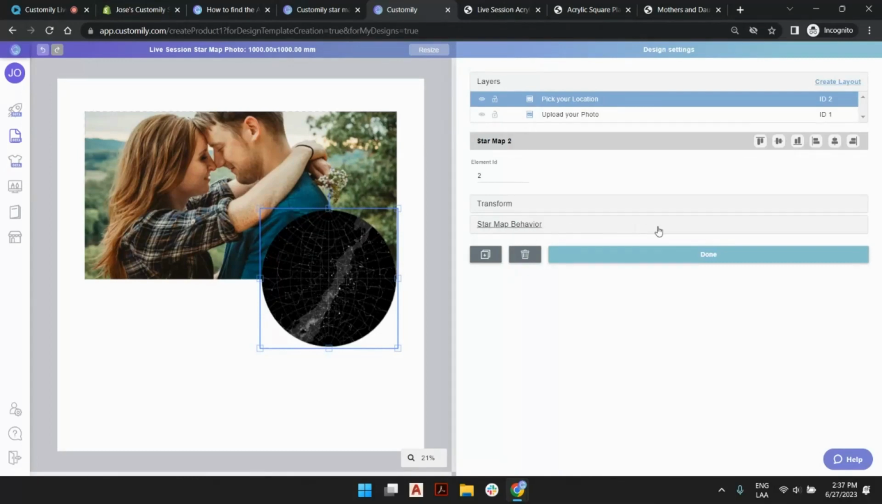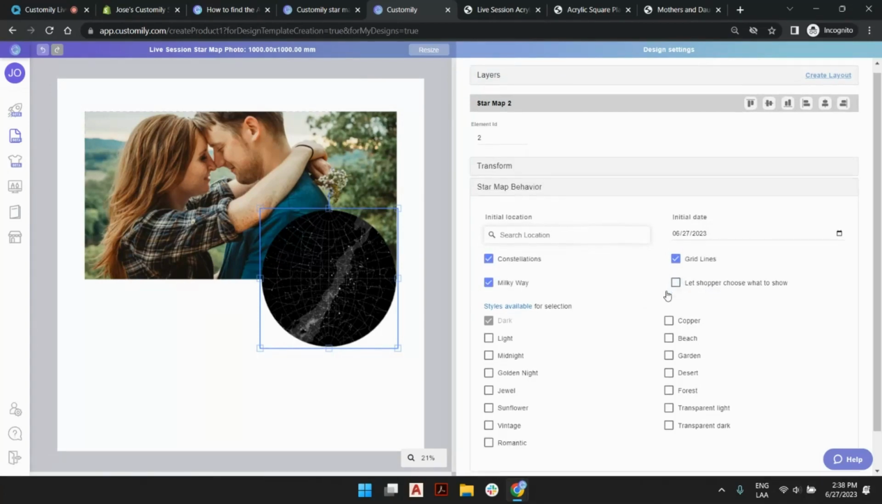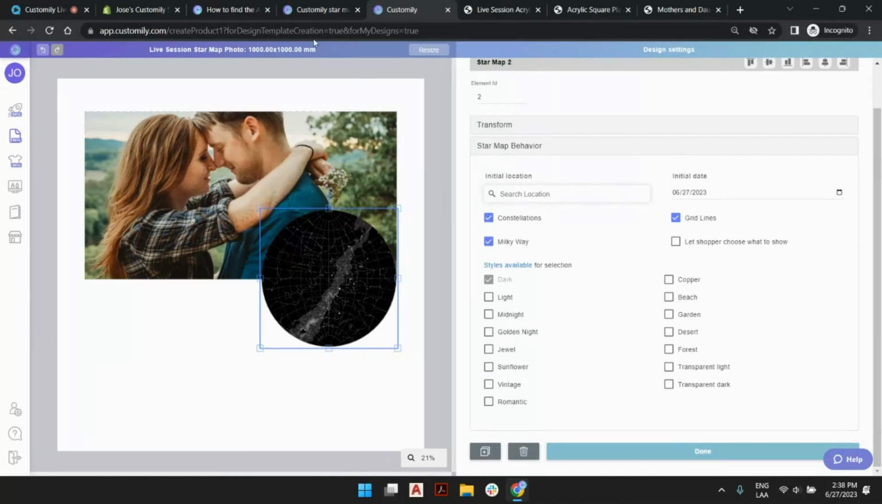We have a lot of behaviors here to play with, starting with the initial location, initial date. These triggers for the constellation, the grids, and the Milky Way, we're going to keep like that, but you could give customers the chance to select them. And what about the styles? If you click here, you will see